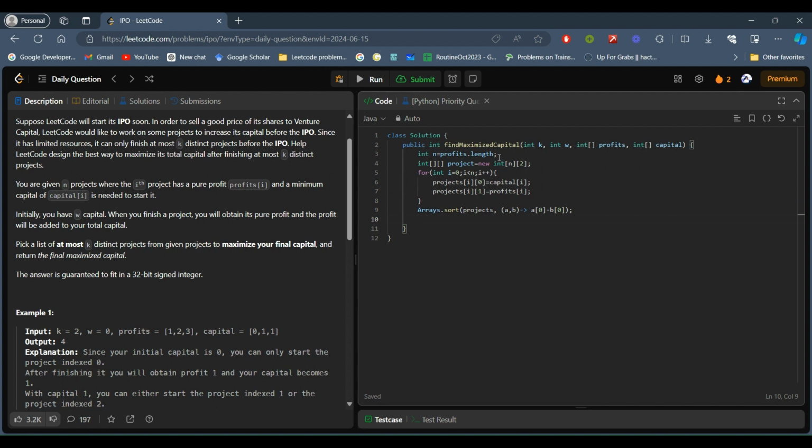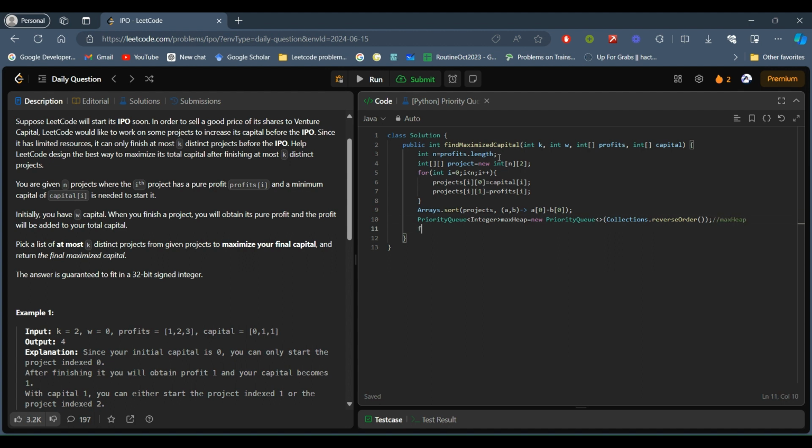After that we are going to use a priority queue in reverse order to get the max heap. In Java, the default functionality of a priority queue is a min heap only. So to get the max heap functionality, we have to give the value here as Collections.reverseOrder, and this will give the functionality of a max heap.